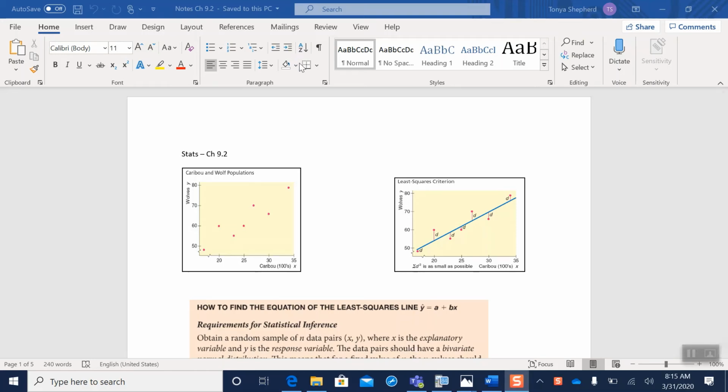Good morning. Today we're going to be covering section 9.2. This is our last section. I know that you are so sad that this is going to be the last new thing that we have